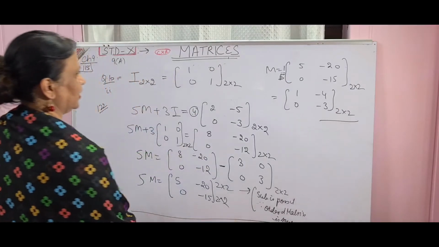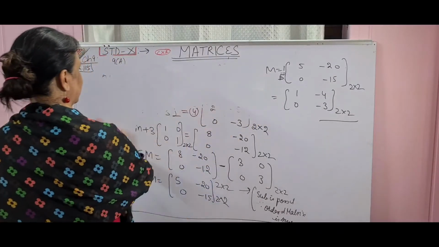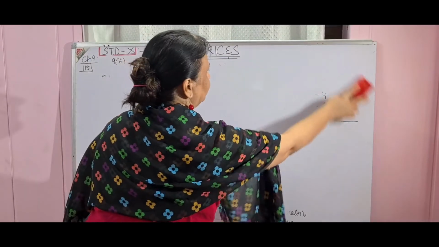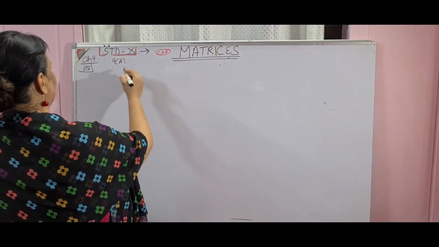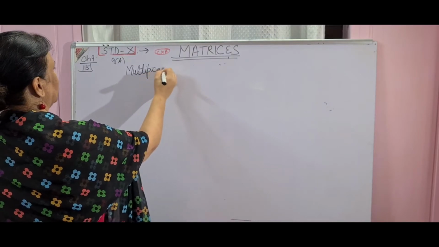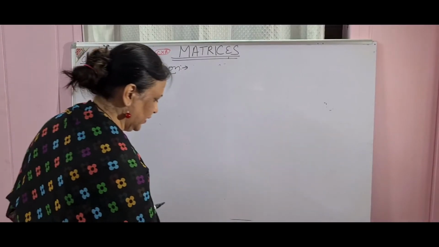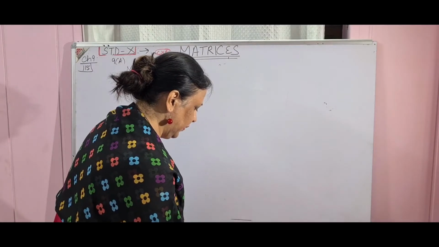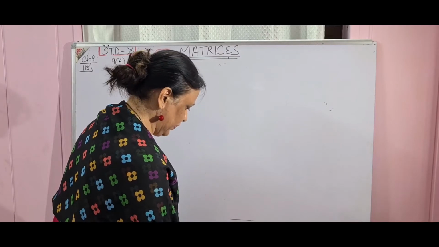This is your full question. No one can take away your single mark. So I hope you have understood what addition and subtraction of matrices is. Now come to the main part of the chapter, that is multiplication, where you are finding maximum difficulty. Multiplication in matrices is totally different from what you have done up till now. Others, you can ask your doubts whenever you want to. You are most welcome on WhatsApp. The main purpose of doing this is that I want you to be very, very careful about your presentation.